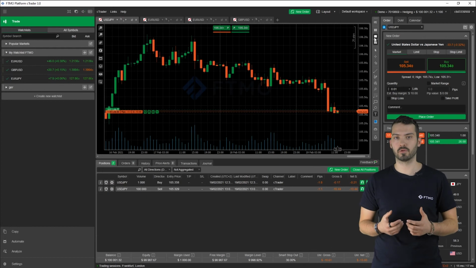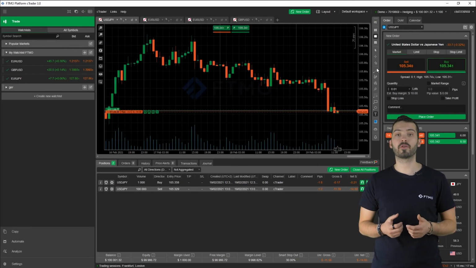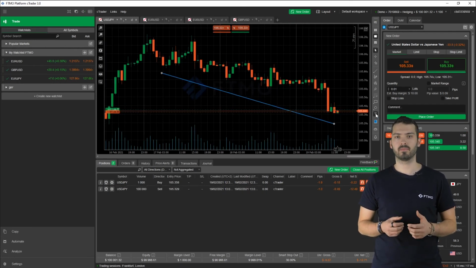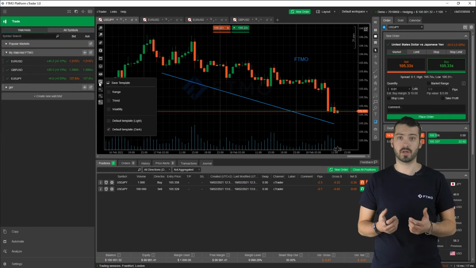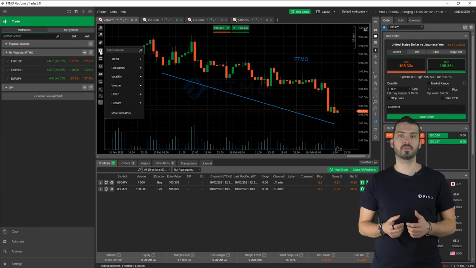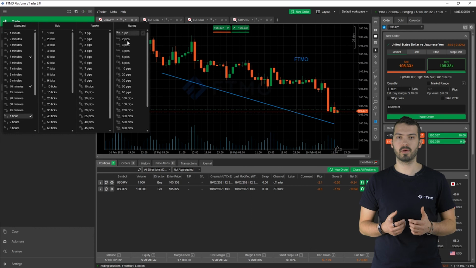The Drawing and Windows toolbar is on the right side next to the chart. There, you can adjust your windows, add different lines, text, and so on. You can change the time frames on the left side, save your template, manage your indicators, and change the chart visualization. If you click on the time periodicity next to the symbol name, you can change your chart type based on time, ticks, range, or Renko charts.